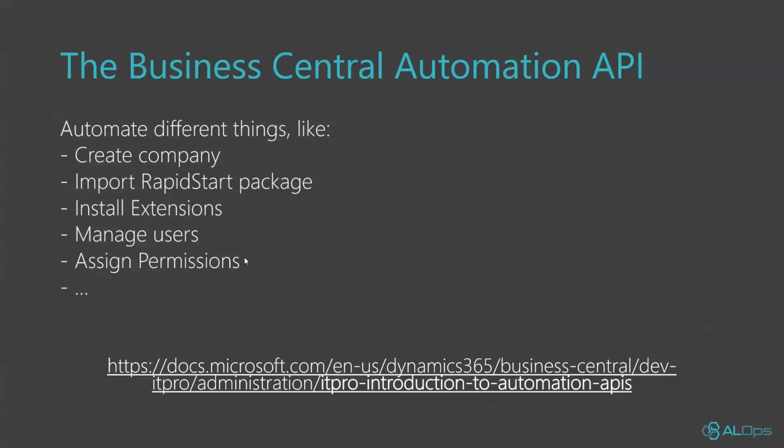One of the things that obviously is also automatable and should be automatable is the fact that you need to upload extensions. Right now, this automation API is fully described on docs, and I obviously would like